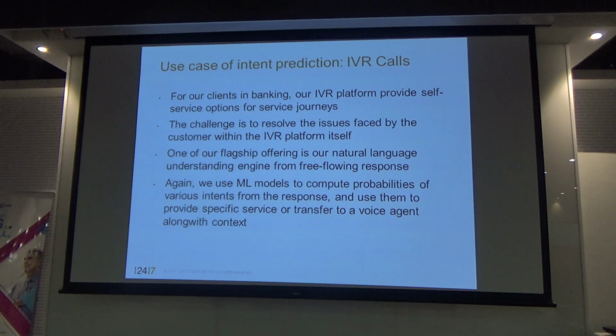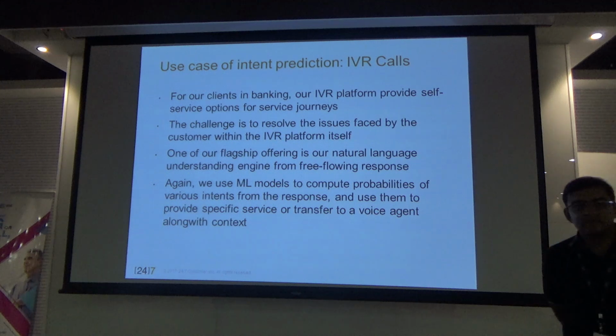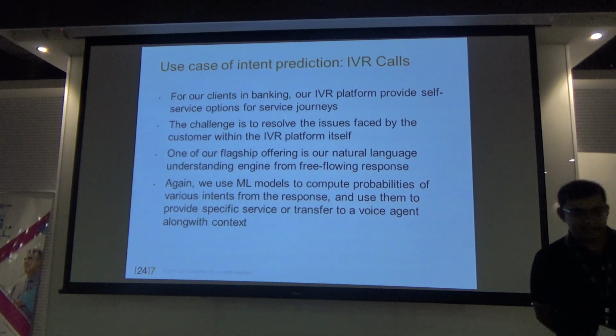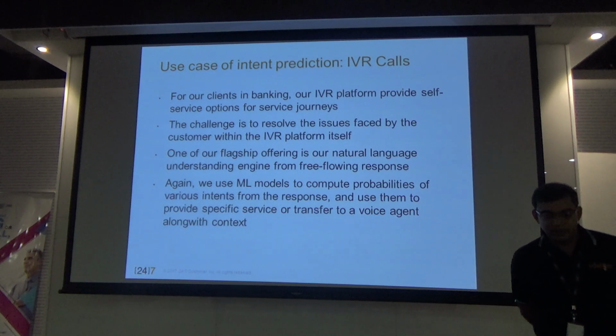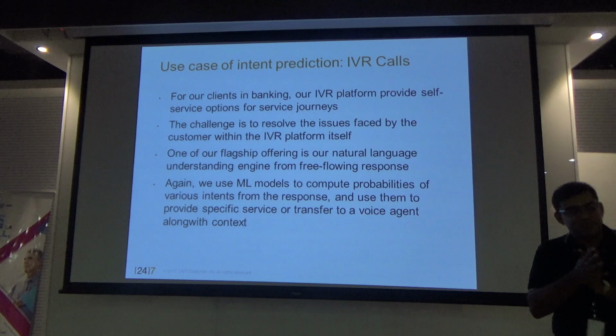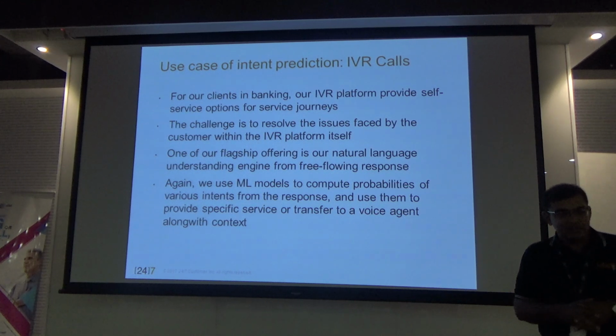You raised an interesting point that you are also able to identify which agent is handling certain types of issues well. So would the call also be routed in a way that, if the intent is known when the call is being made, the call should go to the agent who is able to resolve, let's say, an order delay issue in a better way? Is that kind of routing also done? Yes. There is a lot of background routing that goes on before it actually ends up with an agent.